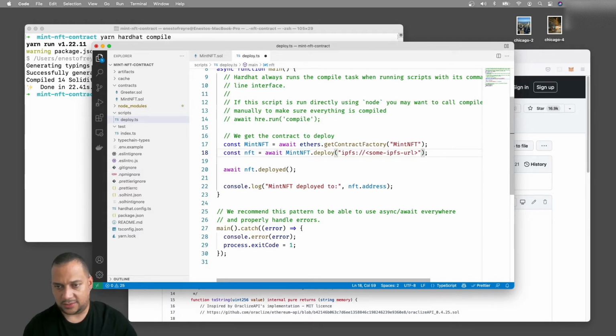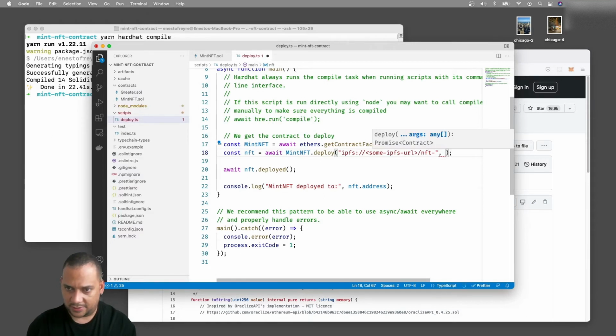We know from the previous episode that our URLs for the metadata will have an NFT, dash, and the ID of the token. But we will leave it there, because remember our URI function will basically concatenate the URL and the token. So if the token is 0, it will be 0, then 1, and so on and so forth.